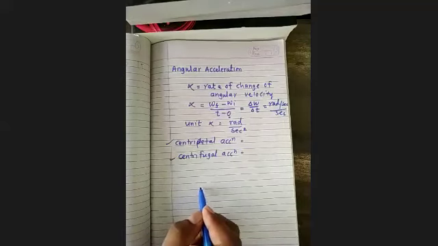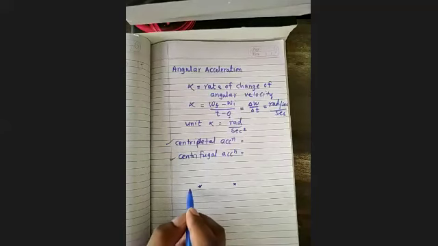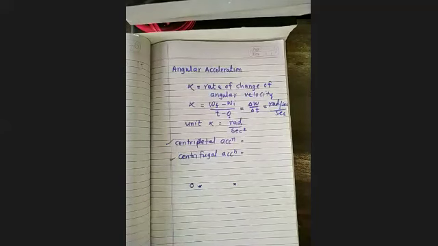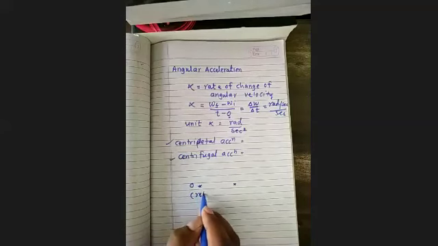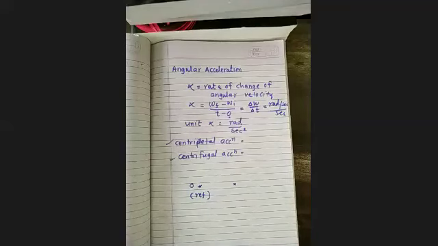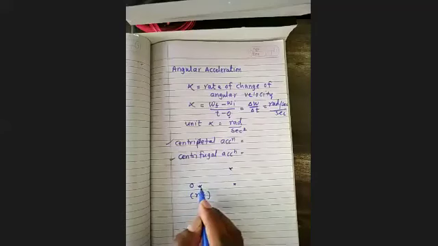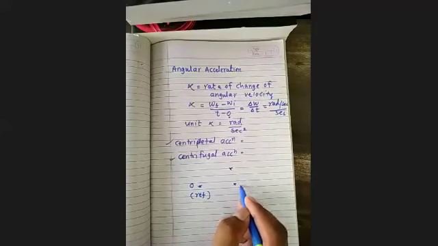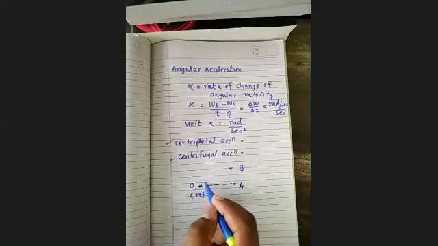Centripetal acceleration: if there is an object, here we can say that an observer is present. I'm going to denote that point as O. O is the observer, and we can call it a reference point also, right? And around the reference point, that particular object is rotating. Here we have an object at a position A. Now it is going to change its position from A to B. What will happen? It will subtend a certain angle.